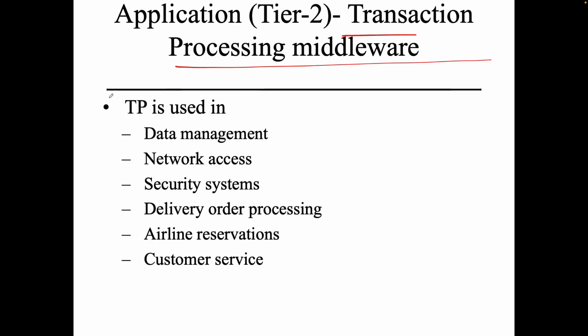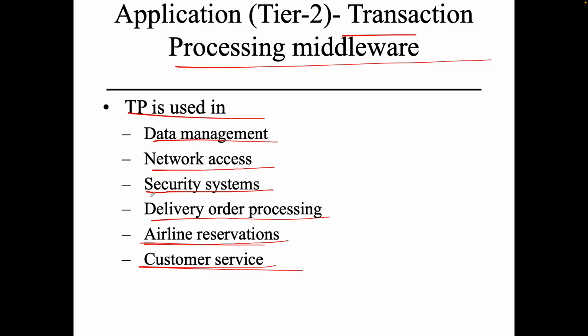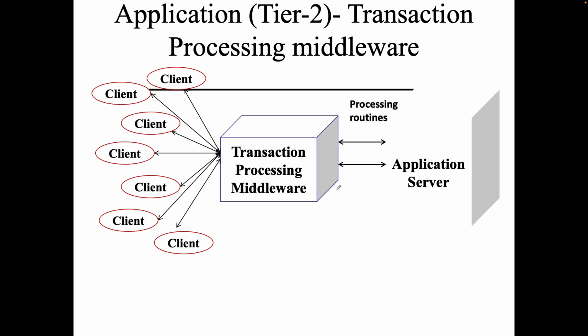Transaction processing middleware. TP, transaction processing, is used in data management, network access, security systems, delivery, order processing, airline reservations, हर जगह. जिस पॉइंट पे एयरलाइन रिजर्वेशन और कस्टमर सर्विस आ गया. हर जगह यूज होता है: डेटाबेस मैनेजमेंट, नेटवर्क एक्सेस, सिक्योरिटी सिस्टम, डिलीवरी, ऑर्डर प्रोसेसिंग, एयरलाइन रिजर्वेशन, कस्टमर सर्विस. कुछ भी लिख सकते, लाइब्रेरी मैनेजमेंट भी लिखते हैं, फिलहाल रॉन्ग तो आएगा ही नहीं